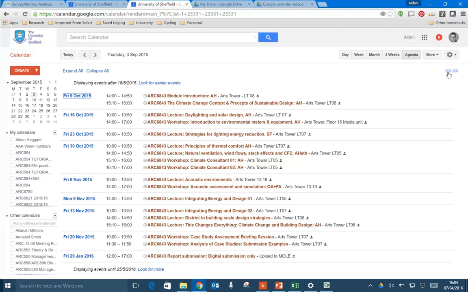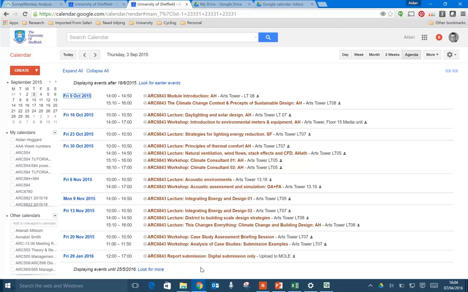You've also got these arrow buttons over here which will move forward and backwards in time, and you've also got this little button here, look for earlier events or look for more events at a later date. Okay,